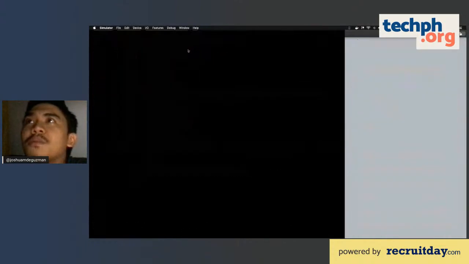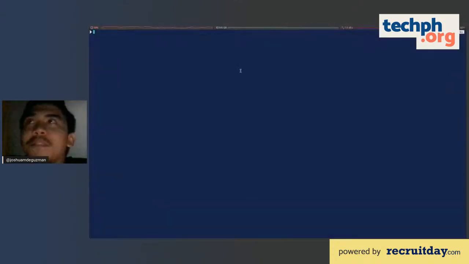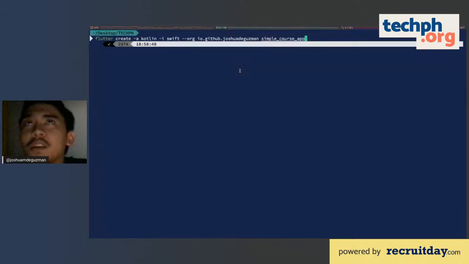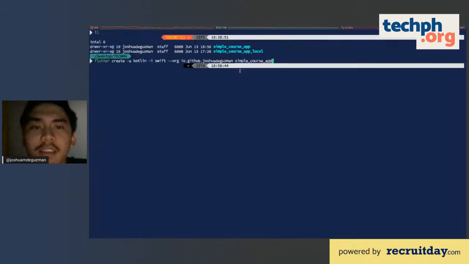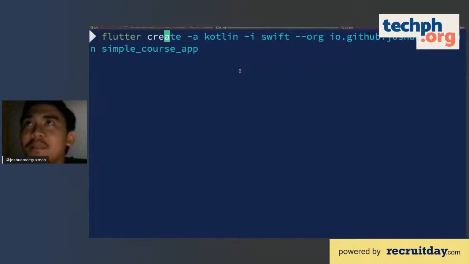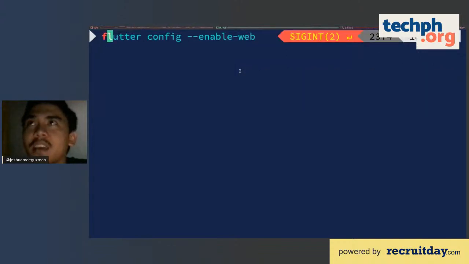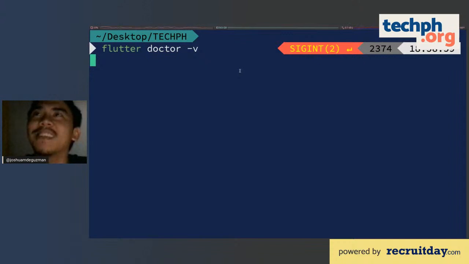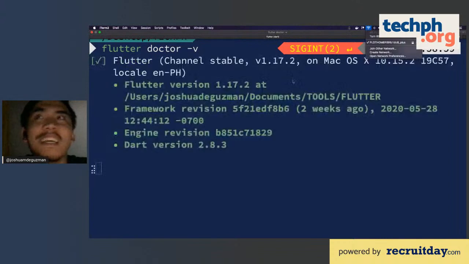So I'll just try to close this one and try my luck to start a project. So as you can see here, the command for creating a project, we have to zoom. So I think by default, if you are already in the SDK, probably you're curious about my version. I'm on the stable version of the SDK. It's a bit slow. My internet's a bit slow tonight.